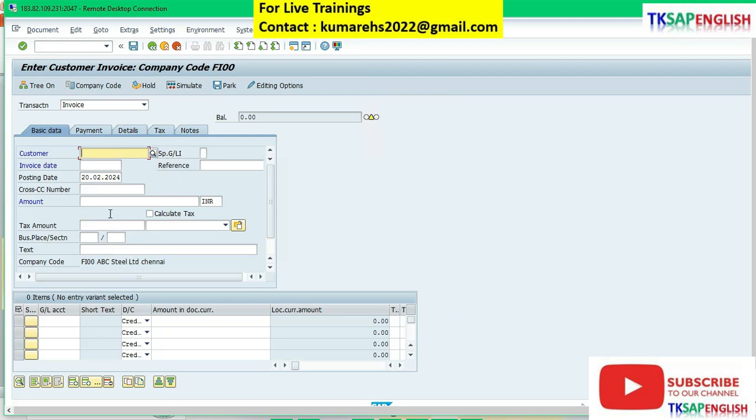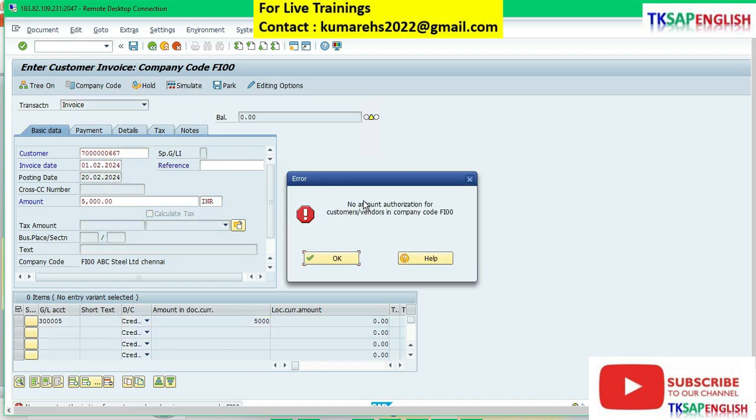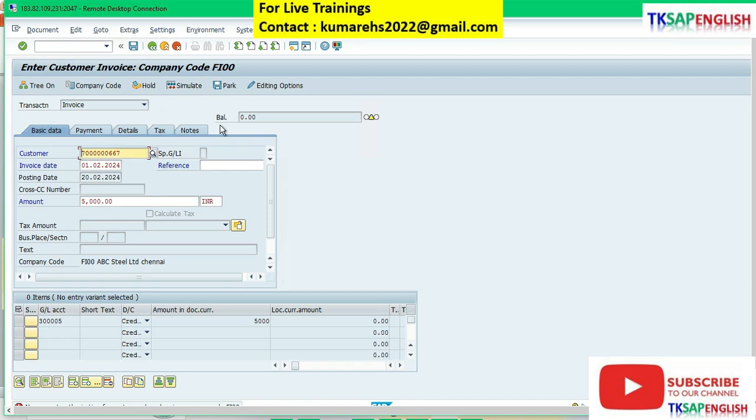Ensure our company code FI00. Select our customer number, invoice date, amount 5000 INR, GL account, amount in document currency 5000. Select simulate. No amount authorization for customers/vendors in company code FI00. Please note down. To solve this error, now we can go to